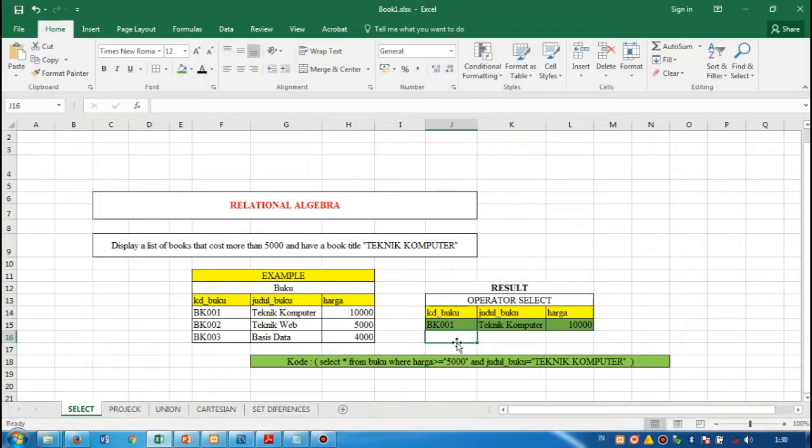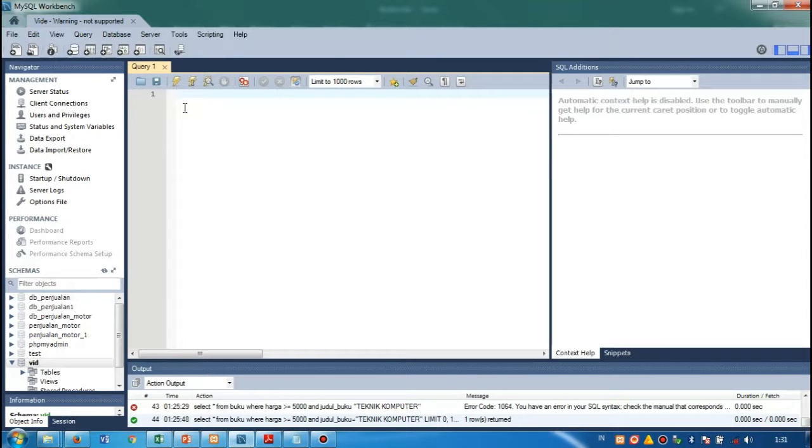So let's go to MySQL. For the example of the query operation select, we can use the command select. The fields I want to display are all of the fields from book, so we can use star, from the book table,